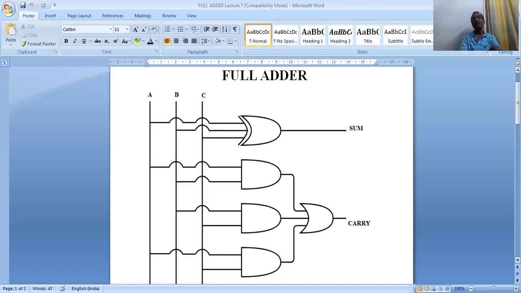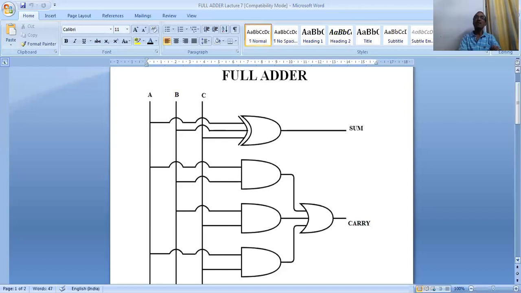But even a single mistake, if in the place of AB you connected BC, in the place of BC you connected CA, then all the working of the full adder changes. Understand? That's why I will give 0 marks for that diagram of the full adder. How the working takes place, we are going to see in the truth table.